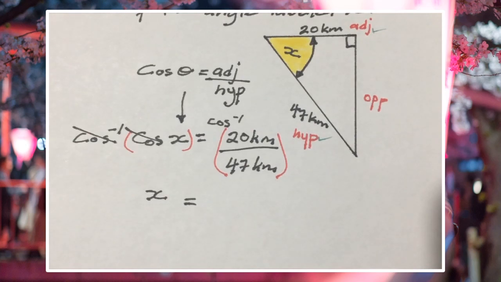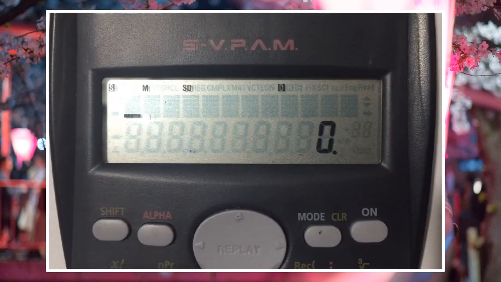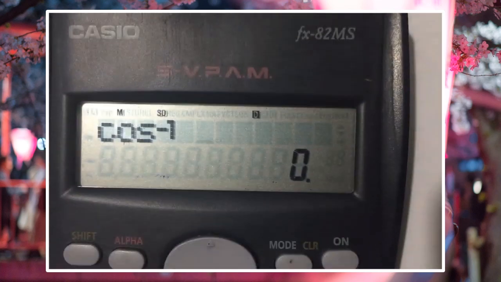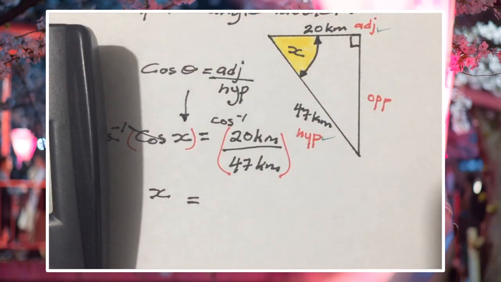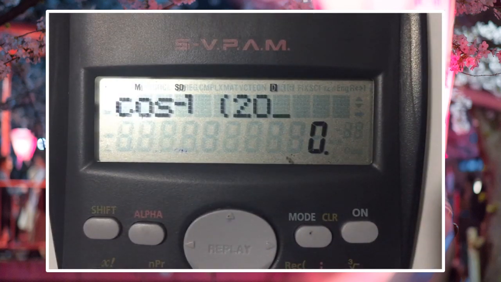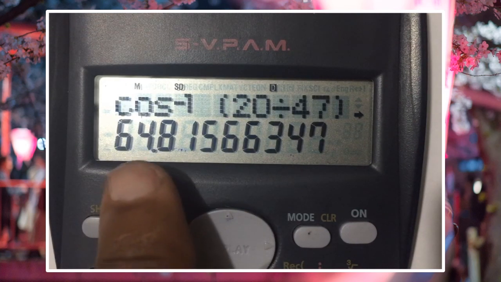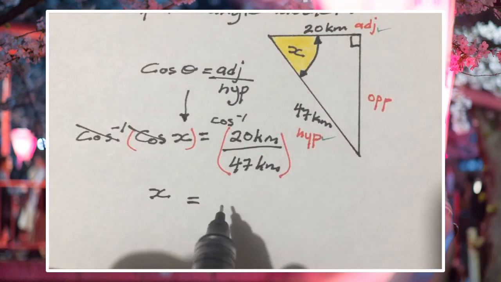And we'll have to put all of this into our calculator now. So I'm going to press shift first and then the cosine button. Great. Bracket. And I'm going to cosine inverse 20 divided by 47. Closing my bracket. So that's going to give us 64.82 to 2 decimal places. So x is going to be